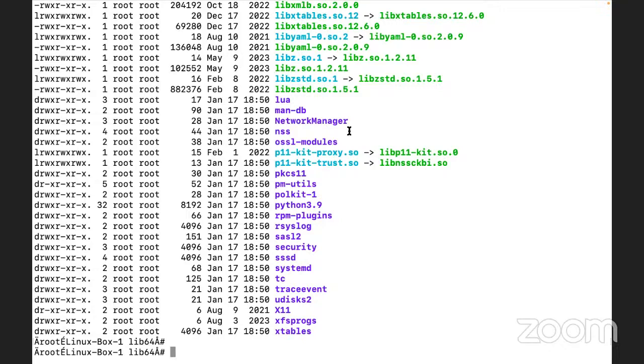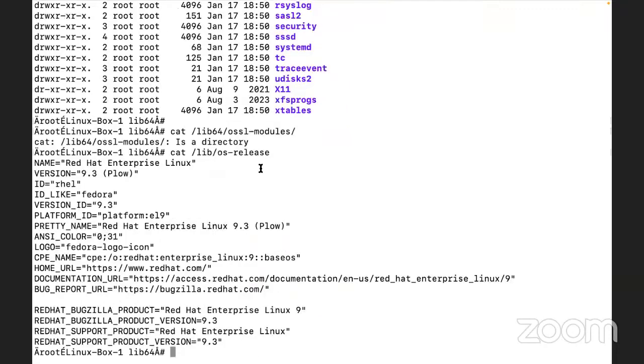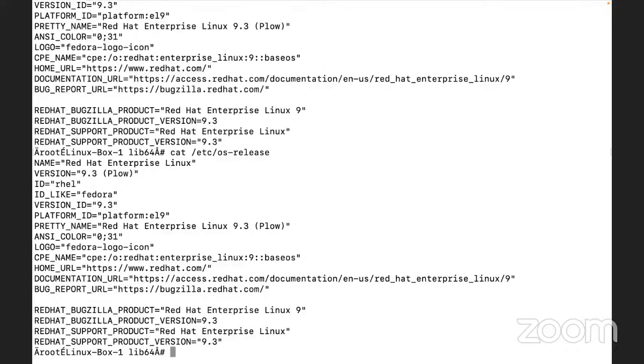So OS release is a particular type of file which stores the information, let us say /lib64/os-release. So this is the information. Not only this, you can read this information multiple places, like etc OS-release.